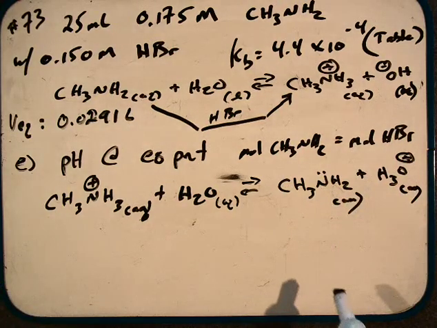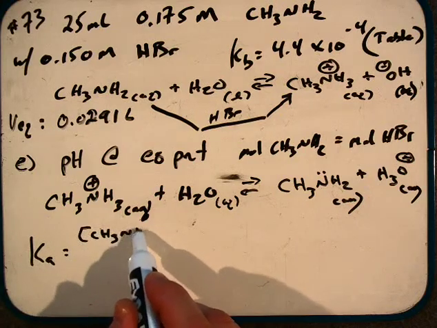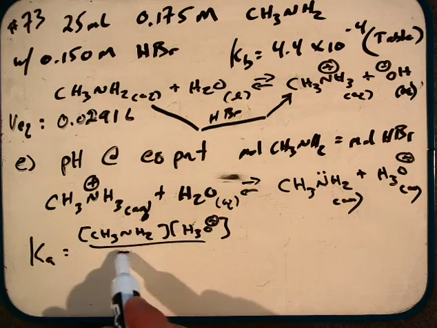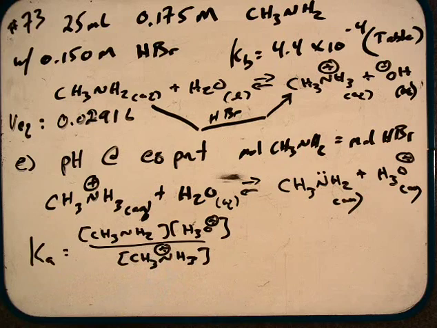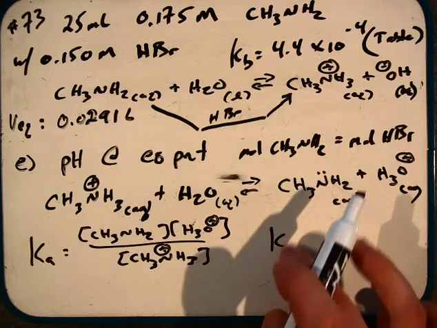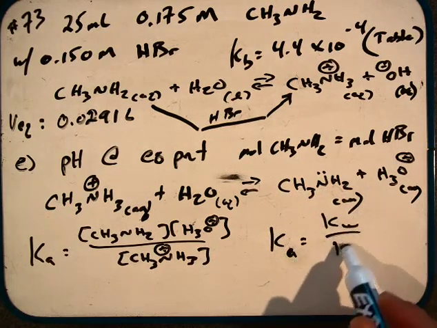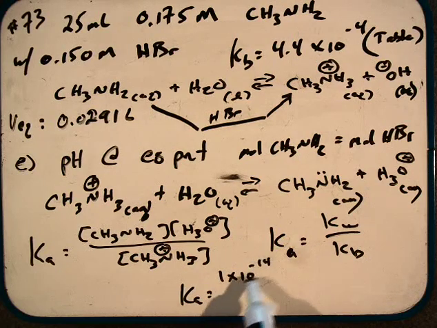And so as a result of that, we simply have a Ka expression, which is going to be equal to our products over our reactants. This is really a chapter 15 question, but starting with a conjugate acid. So it's a conjugate question. So that means we need to solve for our Ka, which is going to be our Kw over our Kb. And so that Ka is going to be 1 times 10 to the negative 14th over our Kb